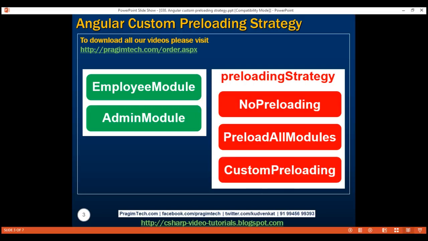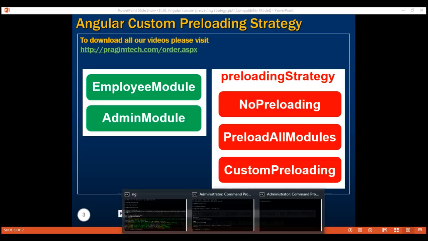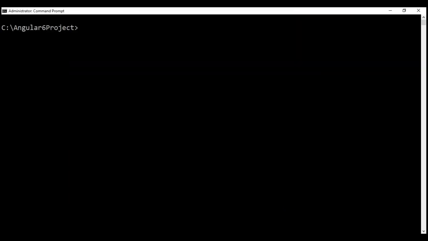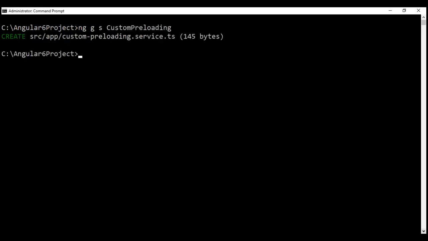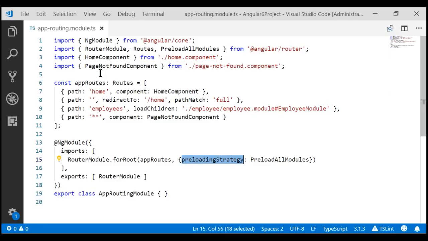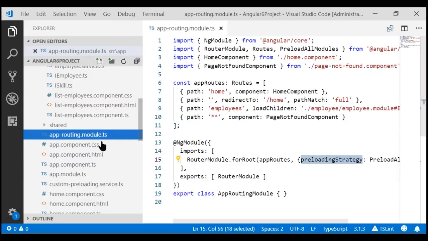We implement custom preloading strategy as a service. So let's use Angular CLI and generate a service. Here is the command: ng for Angular CLI itself, g for generate, s for service, and let's name our service custom preloading. There we go. Our service is generated, and if we take a look at our project, here is that generated